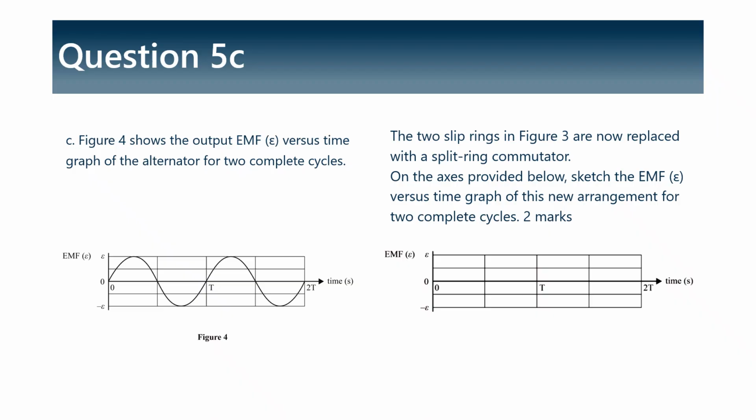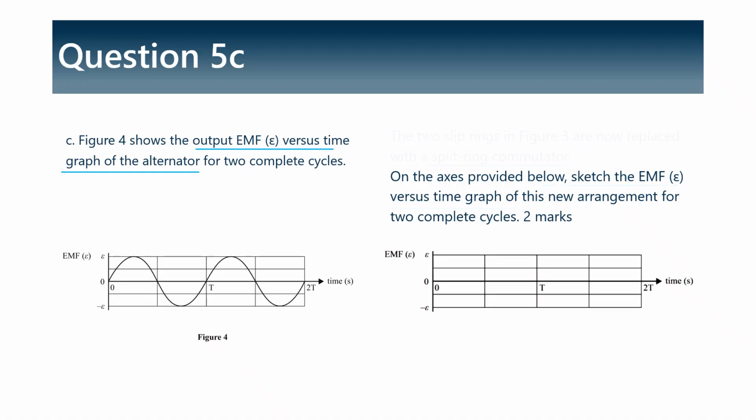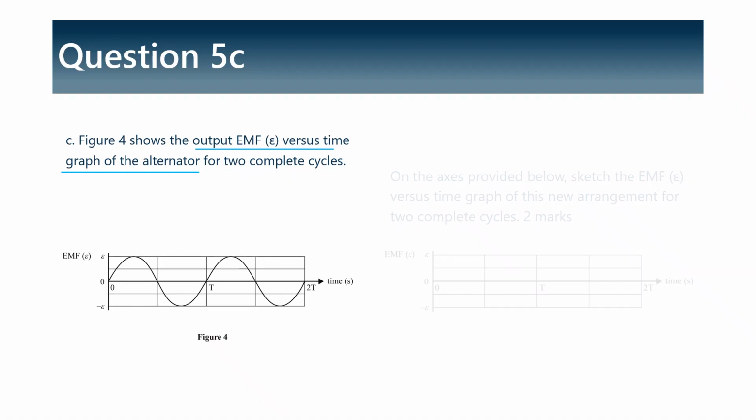Figure 4 shows the output EMF, epsilon, versus time graph of the alternator for 2 complete cycles. The 2 slip rings in Figure 3 are now replaced with a split ring commutator. On the axis provided below, sketch the EMF, epsilon, versus time graph of this new arrangement for 2 complete cycles. 2 marks. To unpack how this mechanical change alters the electrical output, let's trace the underlying physics using a clear